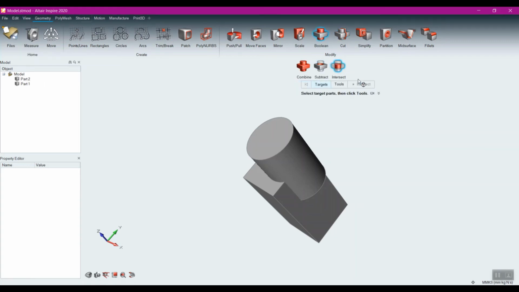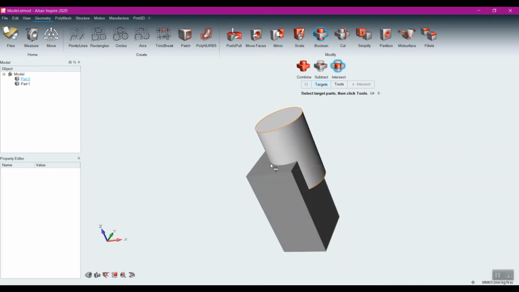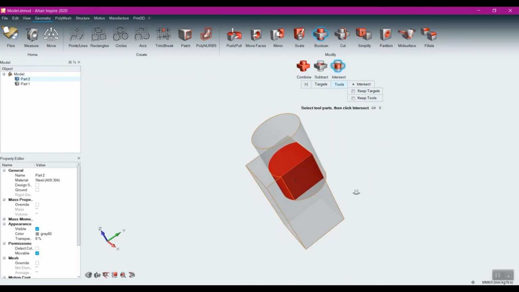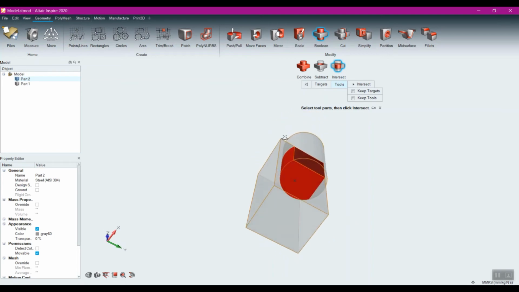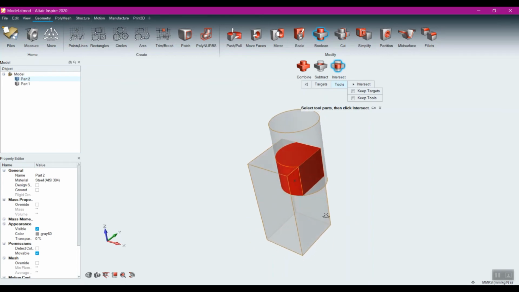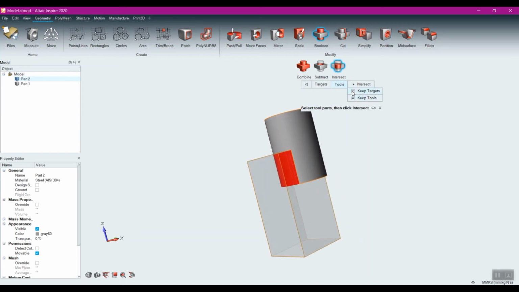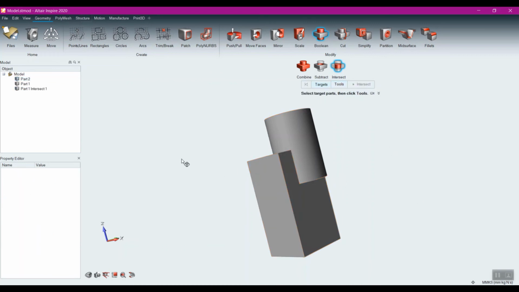Finally, intersect. I select my target and I select my tool. You'll see the default now is to just maintain what is in red, which is just the intersection between those parts. So I get this kind of weird shaped pie wedge type piece here. If I keep the target, then I'll keep the block and that little pie wedge shape. If I keep the tools, I keep the cylinder and the pie wedge shape. Or if I keep both, what I'm going to end up with when I click intersect is actually now three parts,